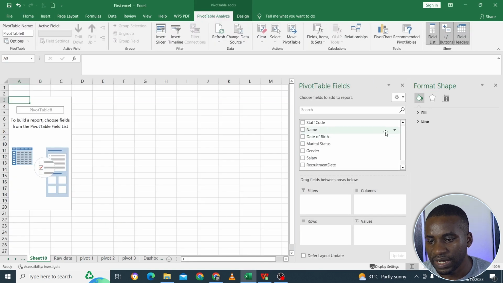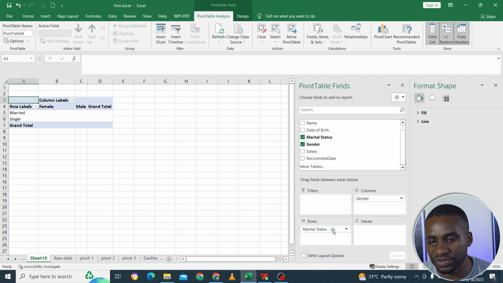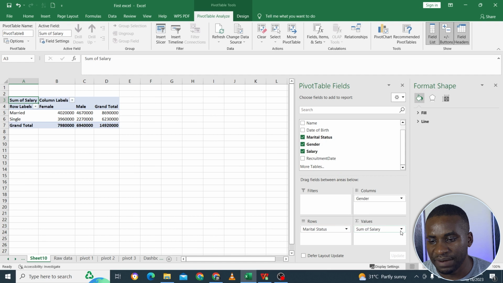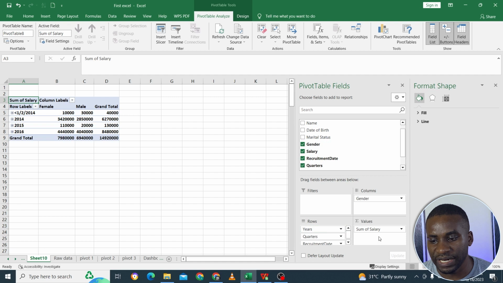Again, then we might say, okay, we still want to see the gender, and then maybe the marital status again, and then we want the salary again, and then maybe we want the sum, or it could be just about any other table. I just want to show you, or it could still be that you just want to get, say for example, the dates. So let's just say the dates, so many dates,